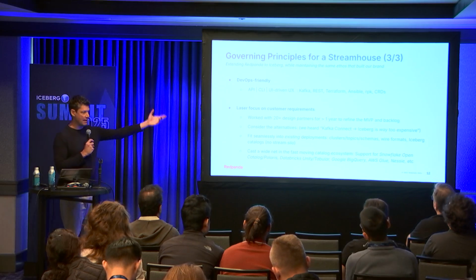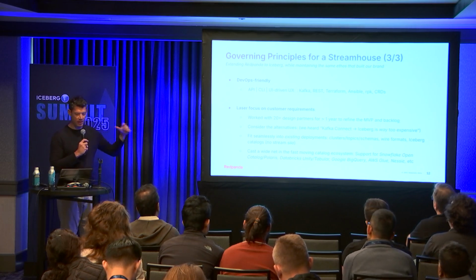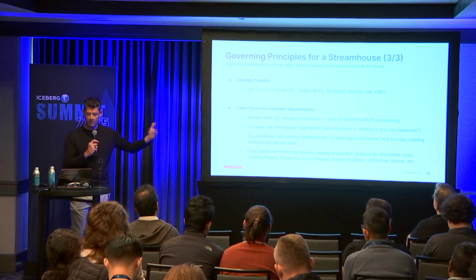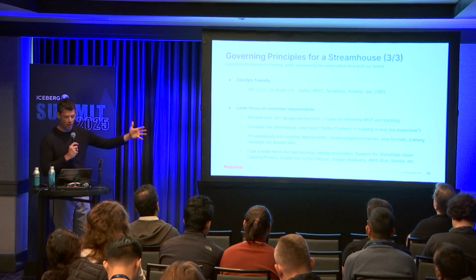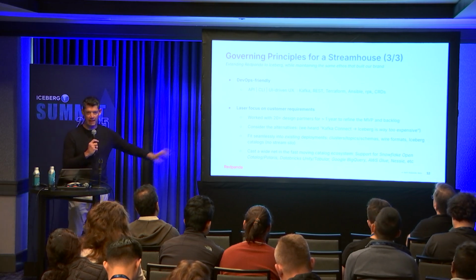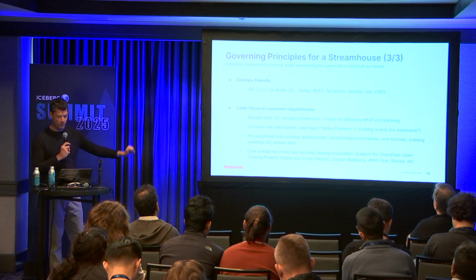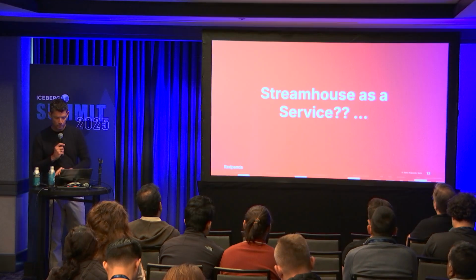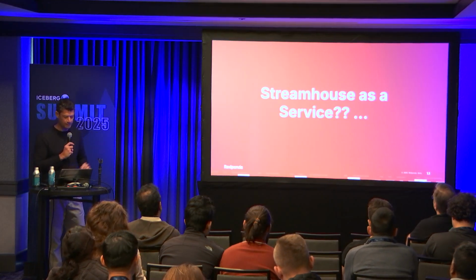So cast a wide net, support the broadest range of catalogs because this is a fast-moving ecosystem. It has been over the last years, and you can see some of the names there. So we work with all of the Iceberg basically catalogs in the ecosystem through Iceberg REST, and we have customers using all of those.